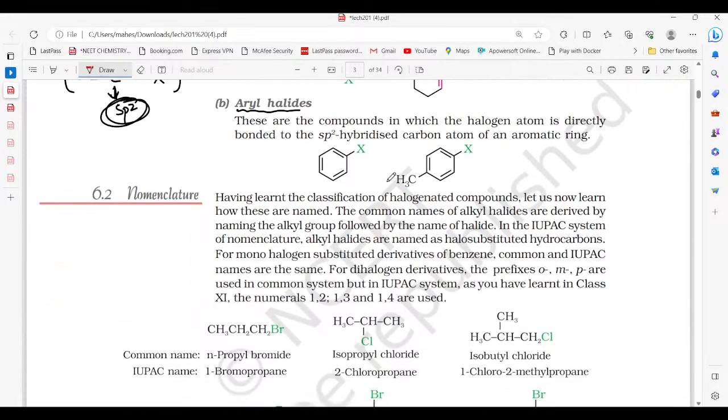Now let us understand the aryl halides. Aryl halides are compounds in which the halogen atom is directly attached to an aromatic ring. That means here the carbon hybridization is sp2. Why? Because the carbon involved in the double bond has sp2 hybridization. Here are two examples of aryl halides. These are the compounds in which a halogen atom is directly bonded to an sp2 hybridized carbon atom of an aromatic ring. Here, this halogen is directly attached to benzene. That means this carbon hybridization is sp2. This is called the aryl halides. This is all about the classification of